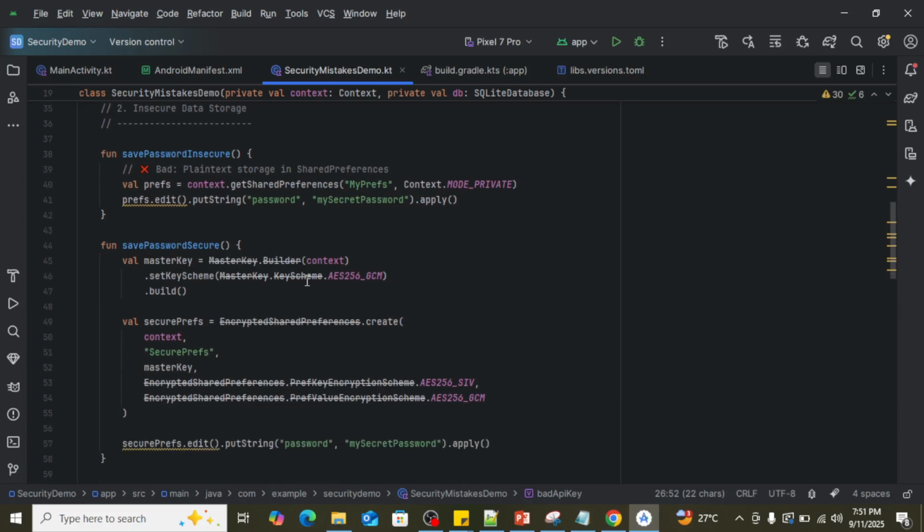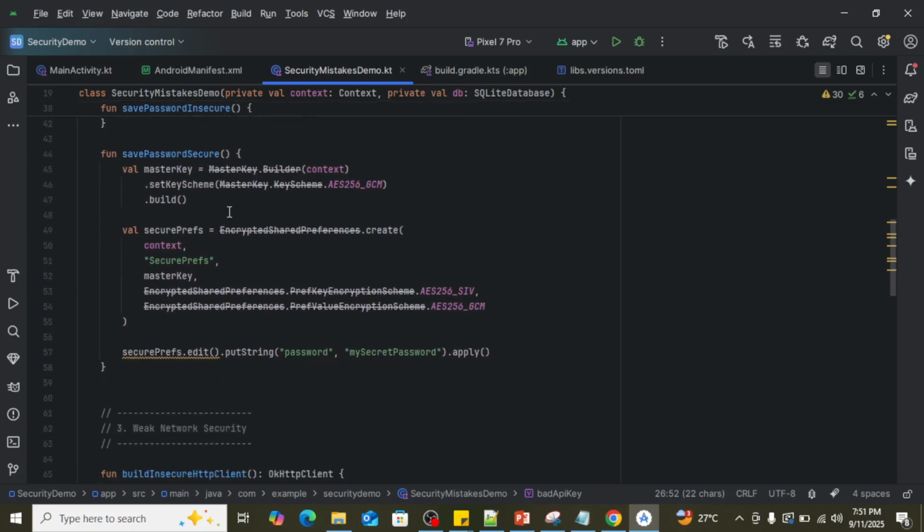The second mistake is insecure data storage. Using plain text storage in shared preferences is also not a good way. Instead, we can use encrypted shared preferences plus a master key, right? This encrypts both your keys and values using AES 256. You can see these deprecated warnings here, but this is still the recommended way for small secrets like tokens in